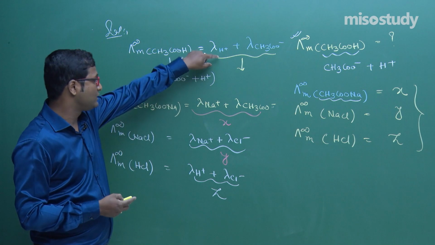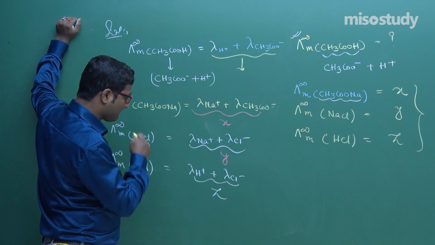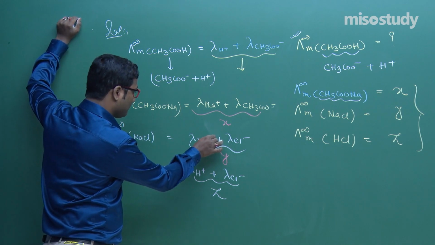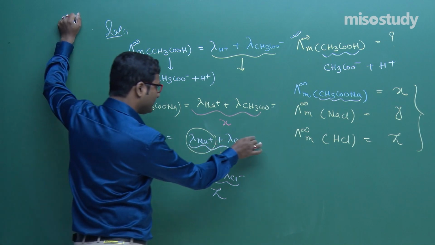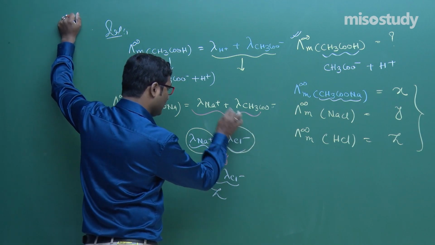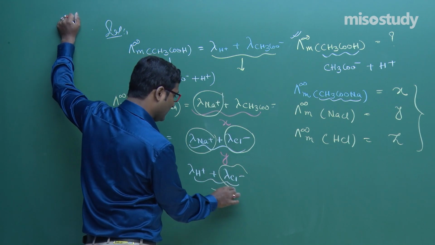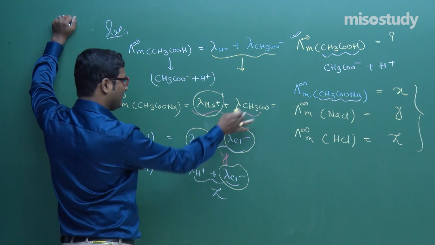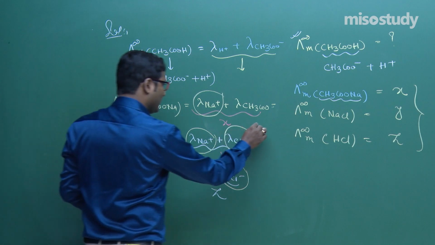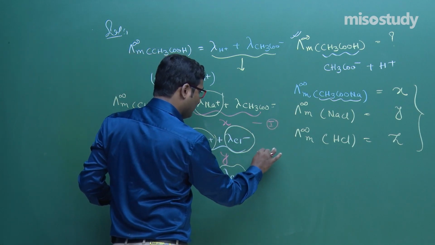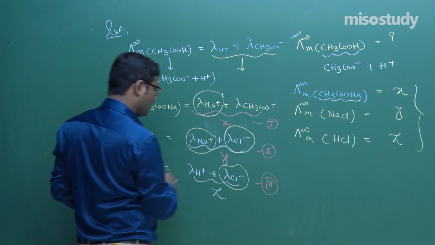Now we have to reach here. Now how to reach here? If you remove this one and this one and this one and this one, then how will we reach lambda as well? How to remove them? Then tell me, friend. Mark this as equation 1, this as equation 2, and this as equation 3.